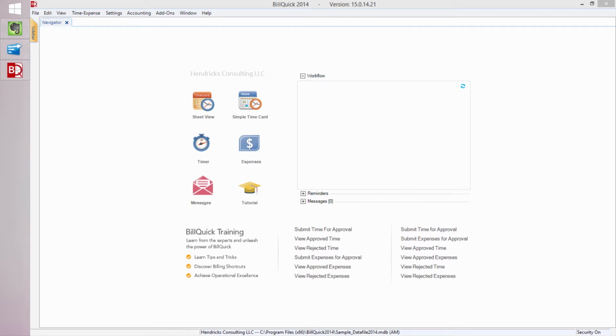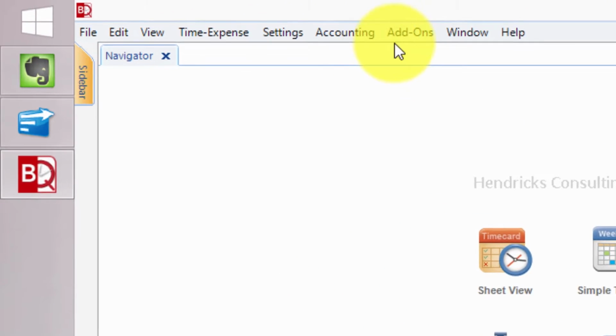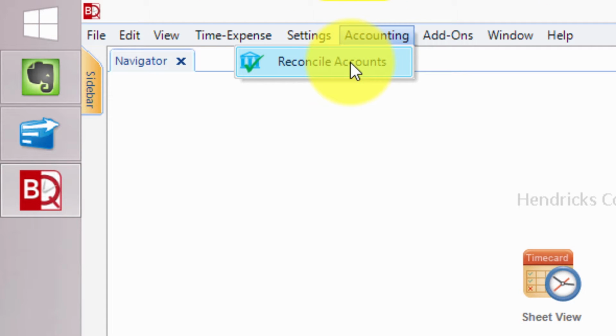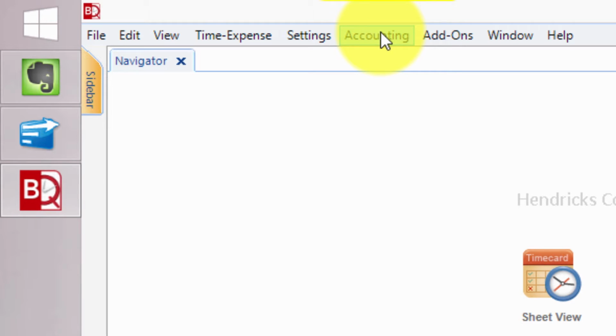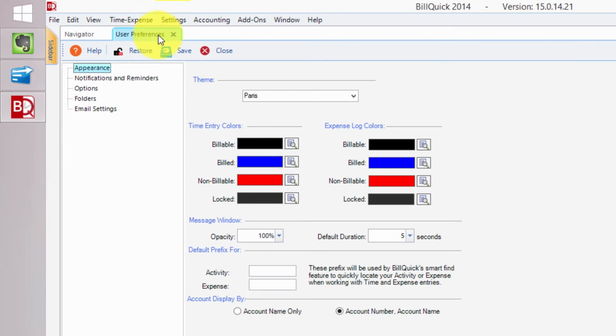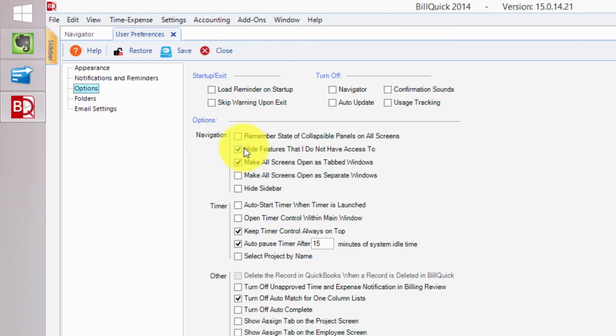I'm now logged in as Alan Marcello. And notice I have many fewer options here across the top. Even within accounting, Alan has the ability to reconcile accounts. Now that may be something that was specifically assigned to him, and we'll take a look at how you can do that. Under settings, he has his own user preferences, and over here under options, he can decide if he